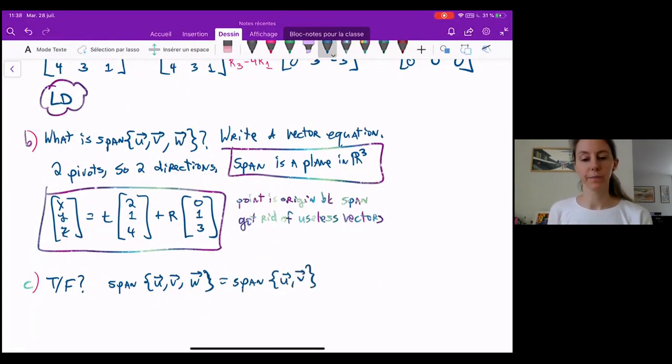Is that true or false? It doesn't matter, Andrea, because u and v aren't scalar multiples, right? So yes, our useless vector that we got rid of there was,